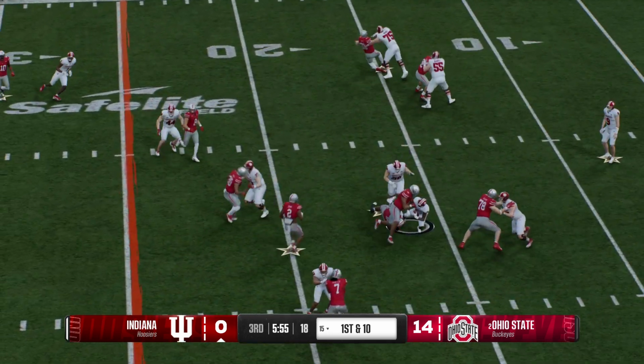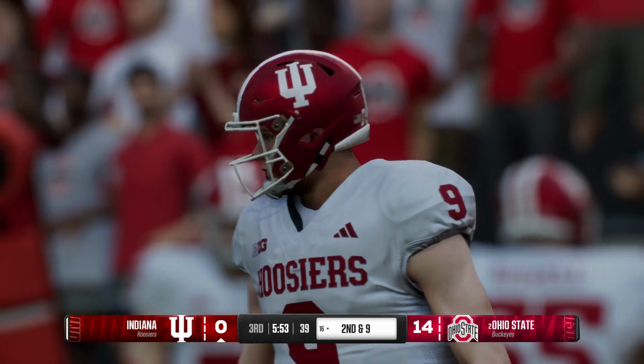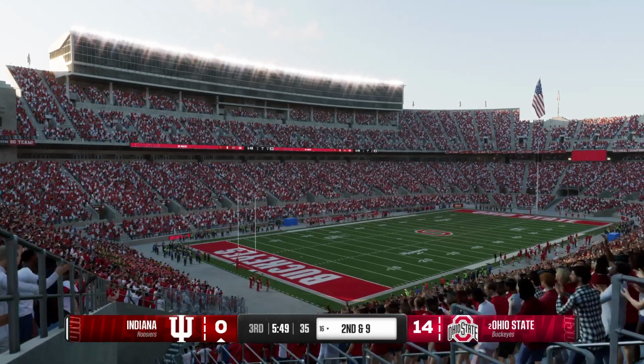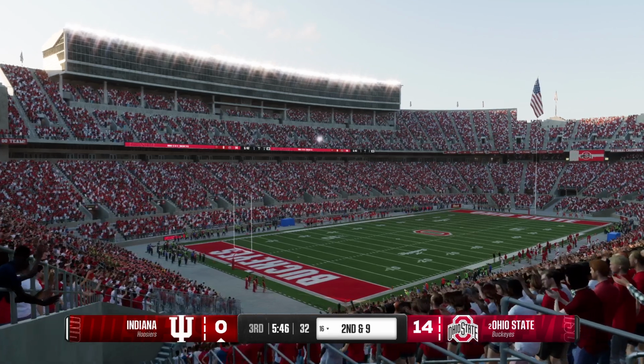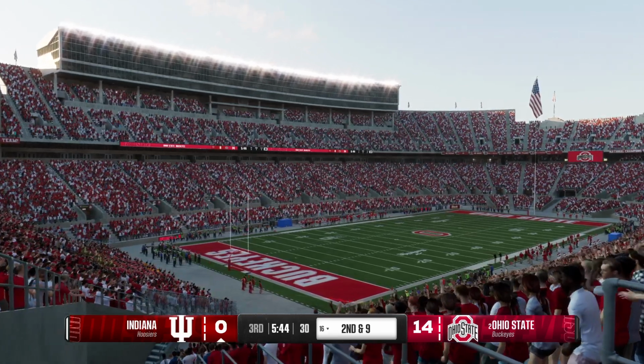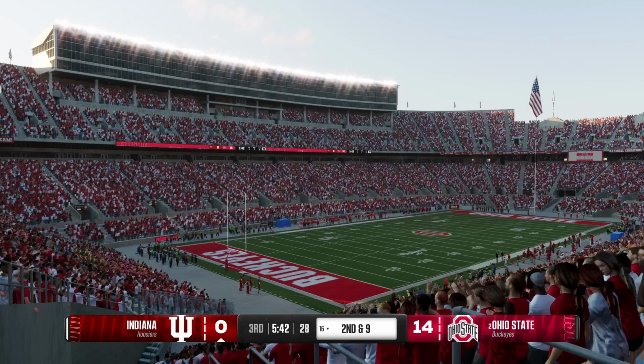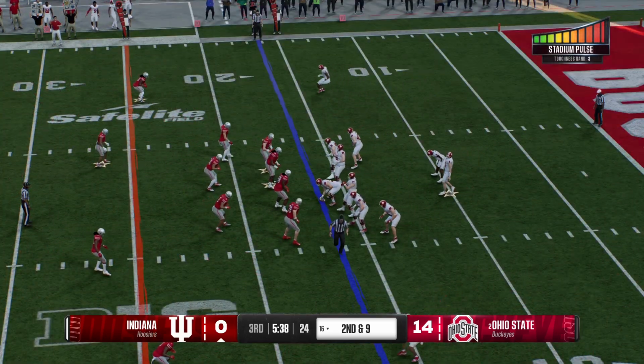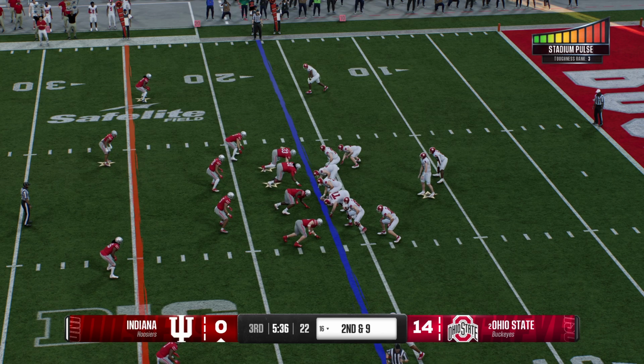You ain't lying, because you only have so many possessions here in the second half, so now that you're down, you've got to maximize every single one. Put your best plays together. Start this drive off on a good note. Yeah, it starts right here. Obviously, you can't get it all back on this drive, but you can create that momentum. You can create something special and some energy, but it's going to start with this offense executing at a